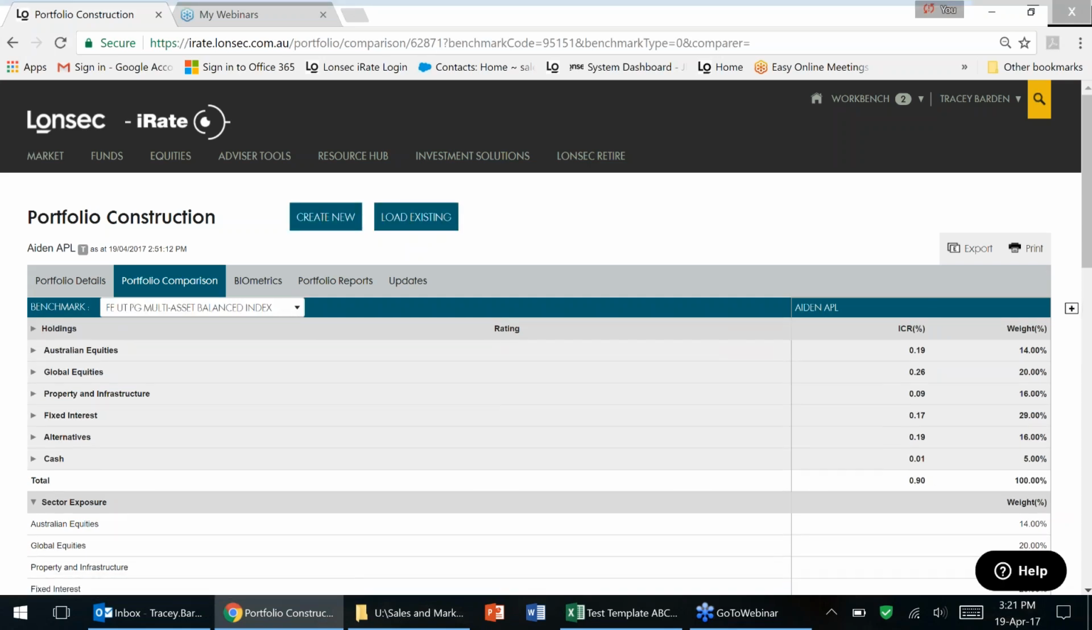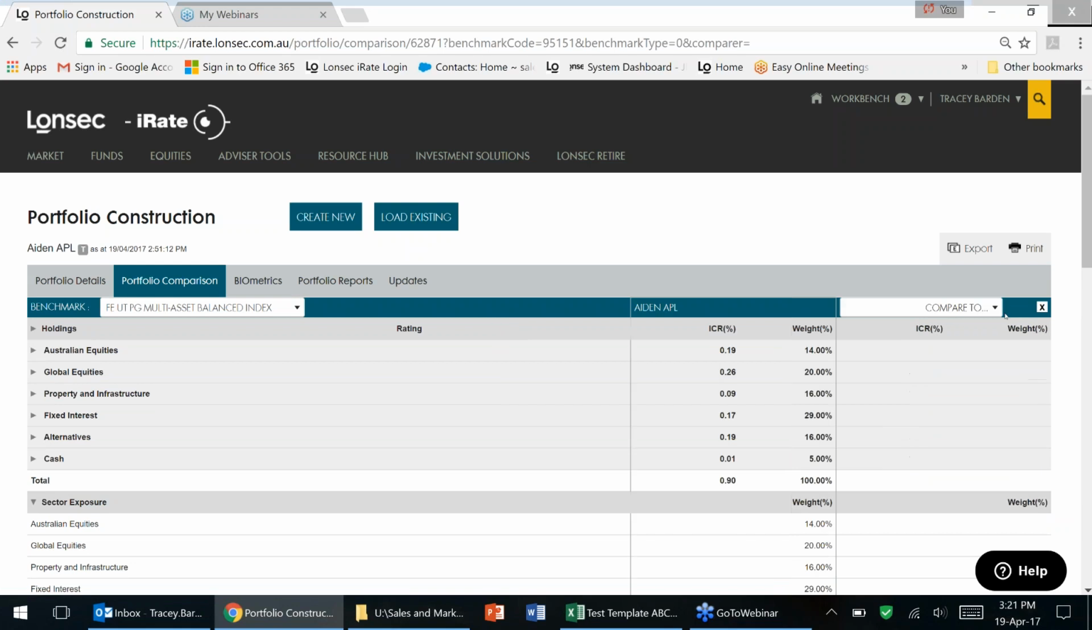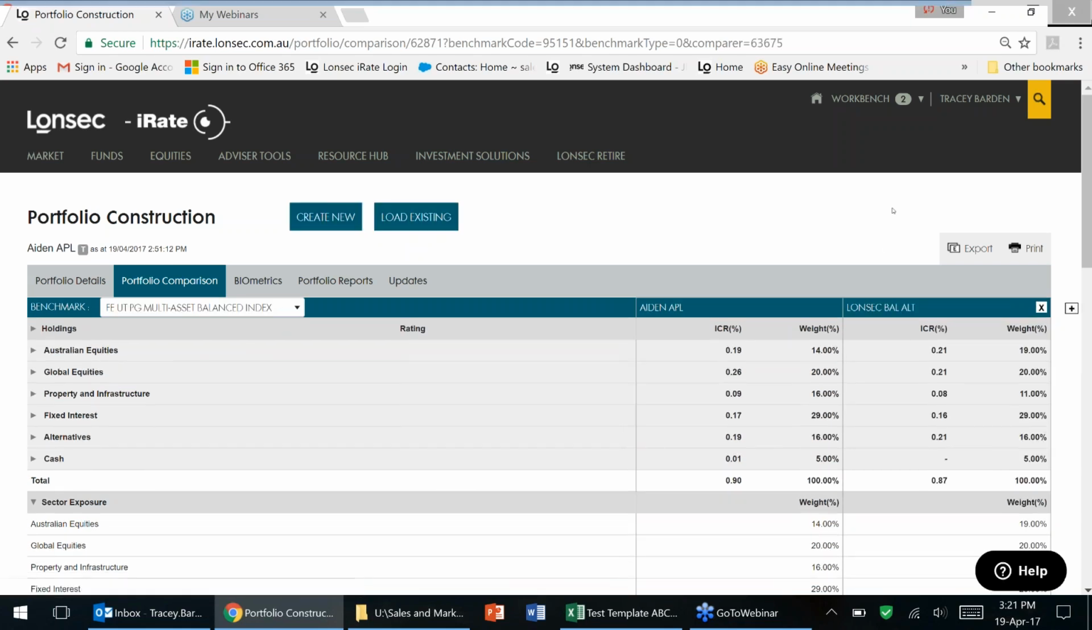So this is our APL portfolio. Simply click on the green button, the plus here, and what we're going to compare it to. So I'm going to click in here and select the model that we saved earlier. So let's compare it to Lonsec Balanced Alternatives just as an example. The only way to compare against a model in here is to make sure that you have one saved in your own portfolio construction. So it's really, really useful that you make those changes and do save as